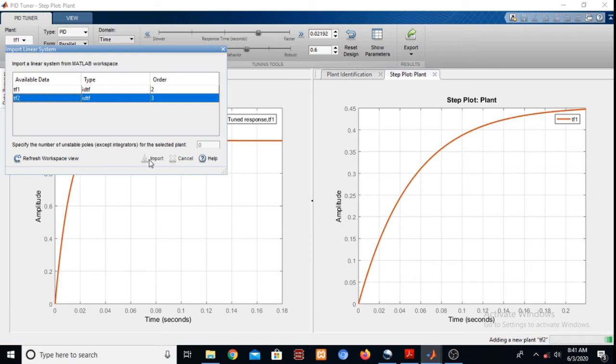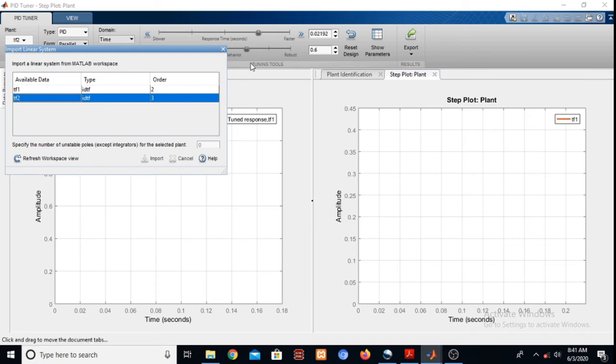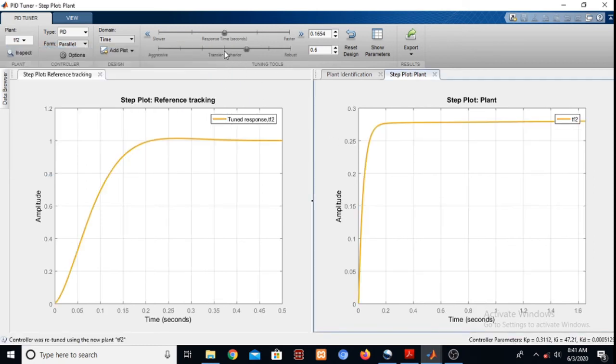Import. So we have a TF2 here. Okay, and with PID option, or with PID type, we get a very nice response here. Okay, you will find that there is very less overshoot, and also settling time is quite reasonable.